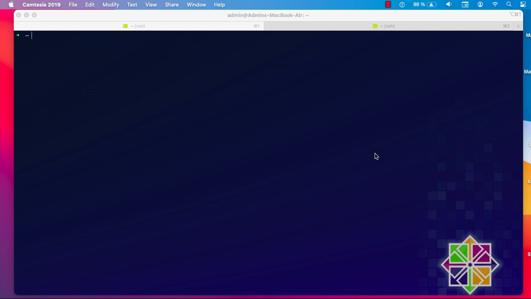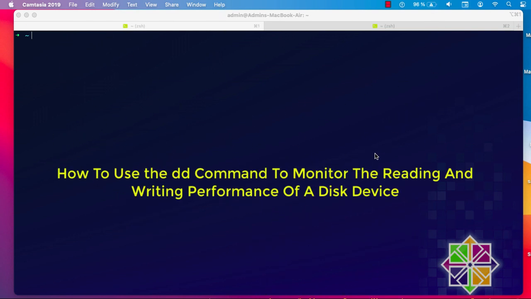So in this video I will show you how you can test the read and write speed of your hard drive. So we're going to benchmark our hard drive. As you may know, there are a lot of graphical user interfaces to do that, but here, as we are connecting to our server which has no GUI, we are just using a command line